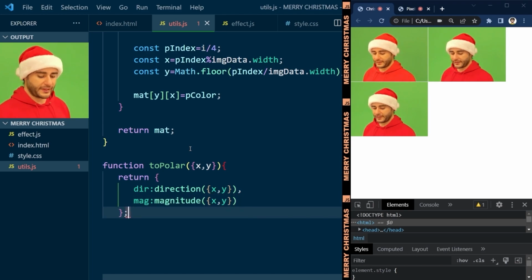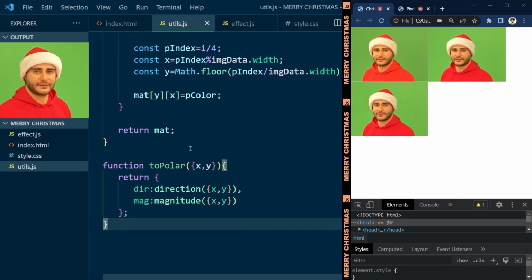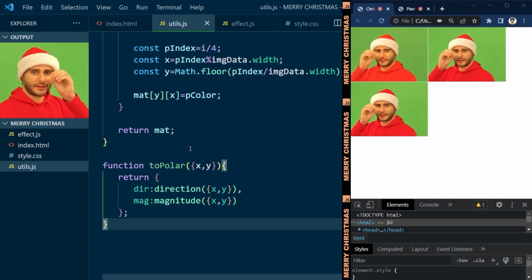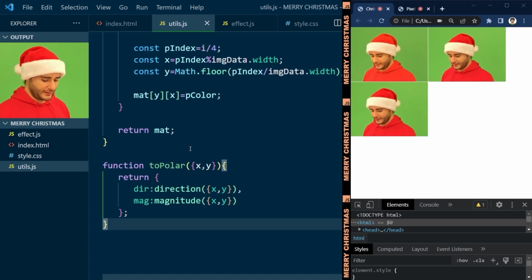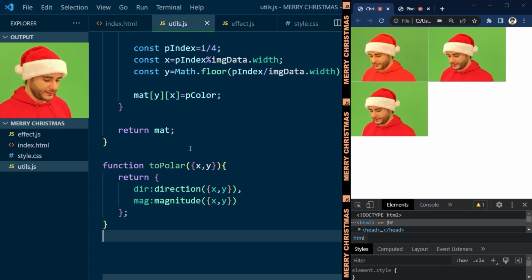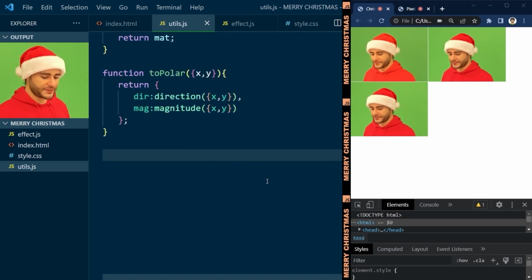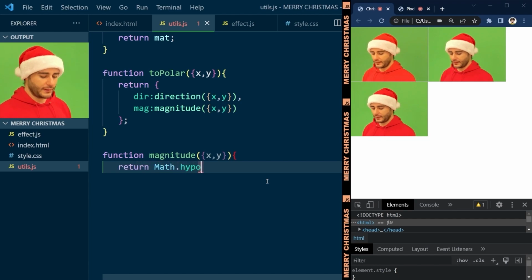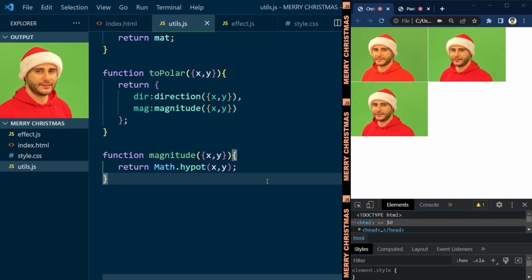So vectors can be represented as xy points or as a direction and a magnitude. The direction is the angle, and the magnitude is the distance from the 0, 0 point. It's essentially another way of representing the same point. So let me specifically extract this magnitude here